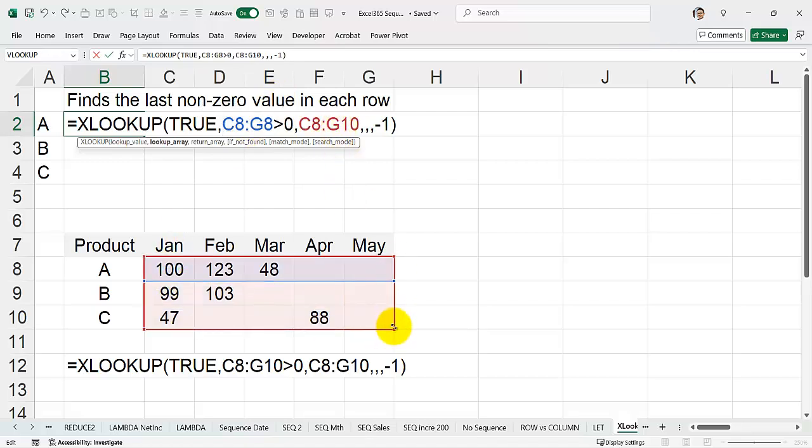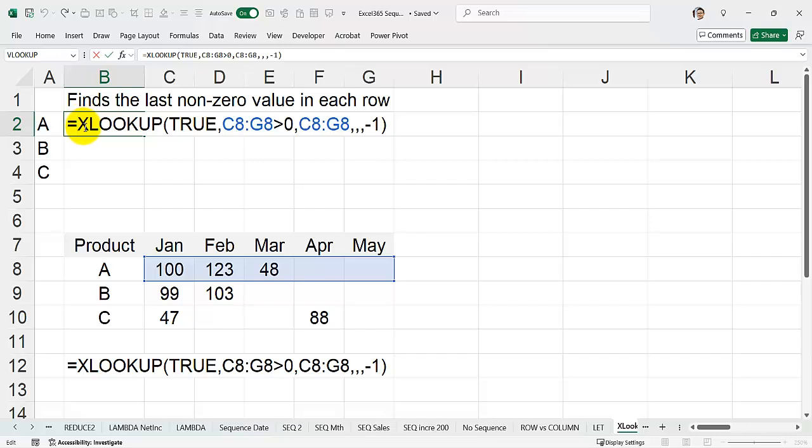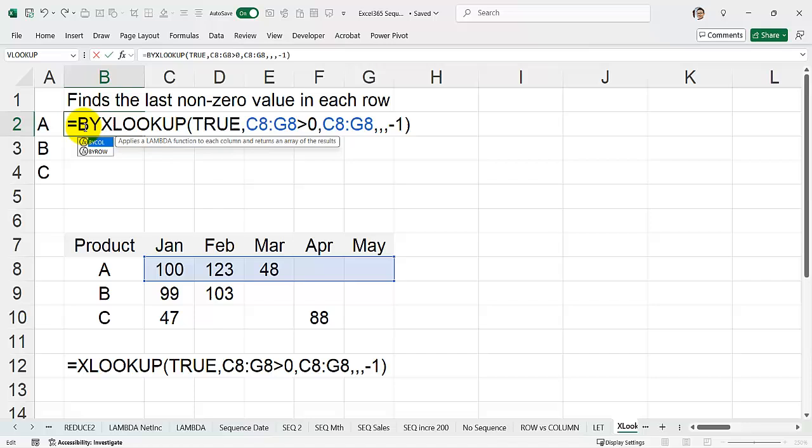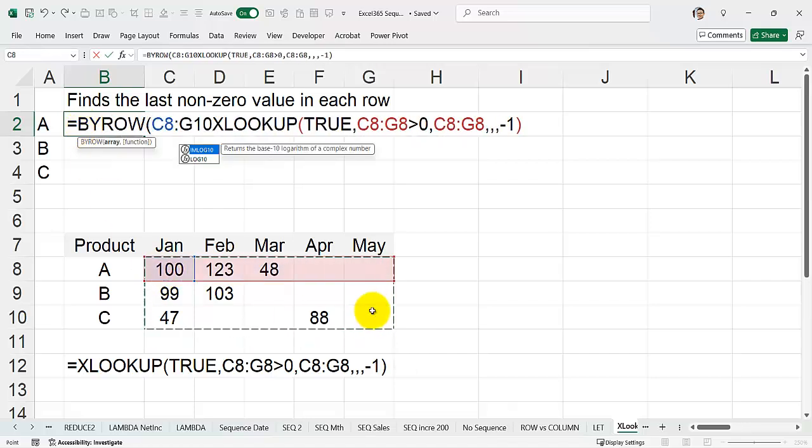Well, then we need another helper function. There is a function called BYROW. However, we also need to work with LAMBDA, because BYROW just looks at each row itself. So we can say BYROW. Well, with BYROW, we can look at this here. We just give it the data range, and then